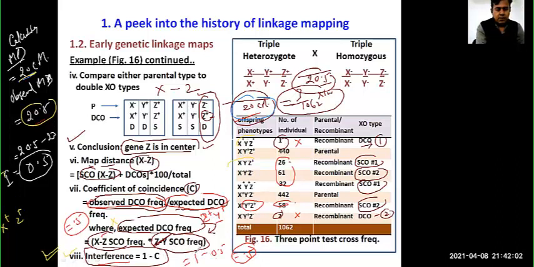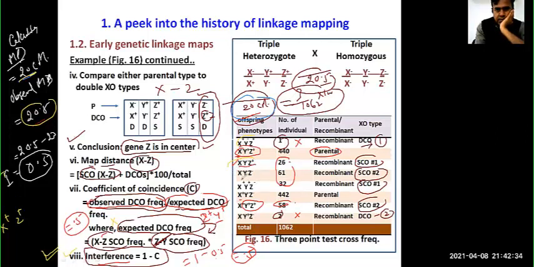Sir, I have another doubt. When we are taking from X to Z, it should be X plus and Z plus, no, sir? Is it necessary? See the parent one also. If the parent is not X plus, then you will take that one. None of the parental X are plus, so X plus and Z plus are not possible simultaneously.